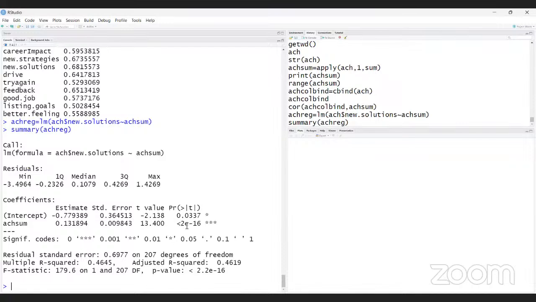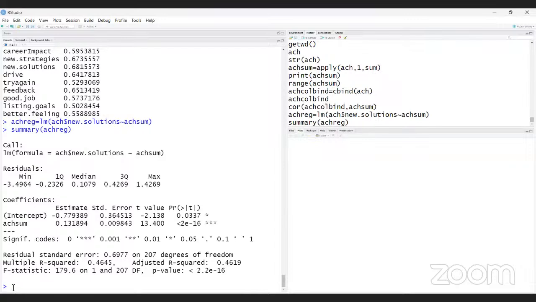So we find this is the probability value. So significantly, H sum is predicting the total, because we find the correlation is like this. Therefore, we can get it.